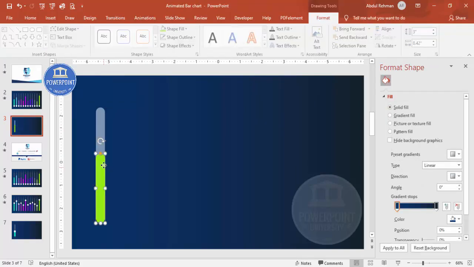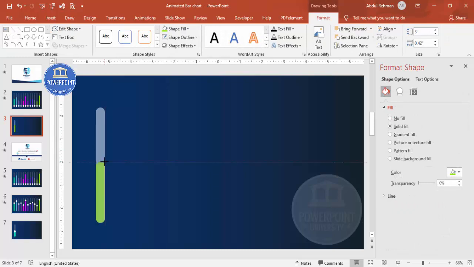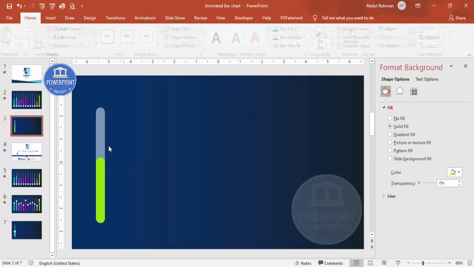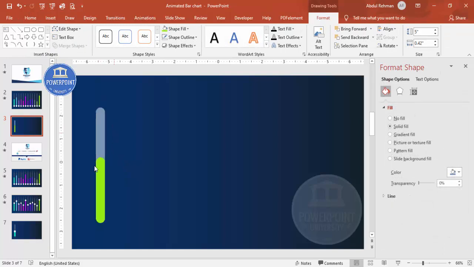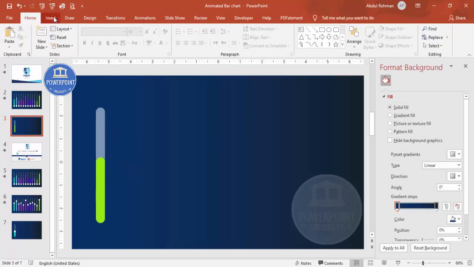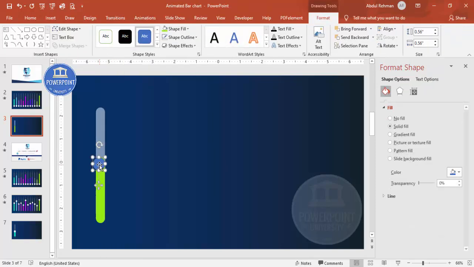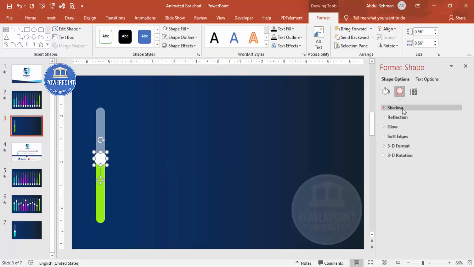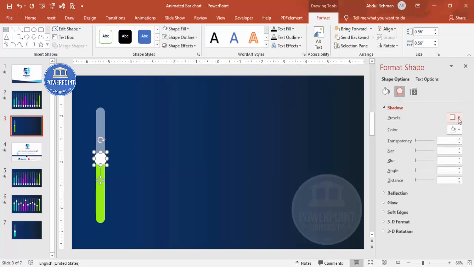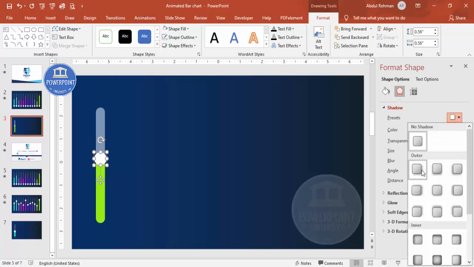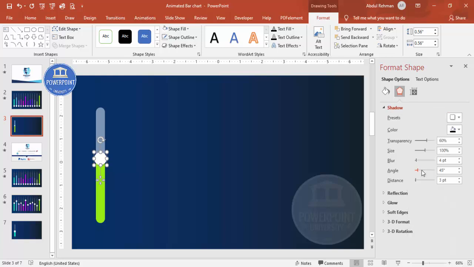Now if you want, you can increase or decrease the size of this one, but we should not increase or decrease the size of this one. Now I'm going to add one more shape. Go to insert shape, select the oval shape, and draw a small oval shape by holding the Shift key. Place it exactly here. Shape outline, make it no outline. Shape fill, make it white, and if you want, you can give some shadow effect. So go to effects, shadow, and here I'm going to select this one, which is offset bottom right.